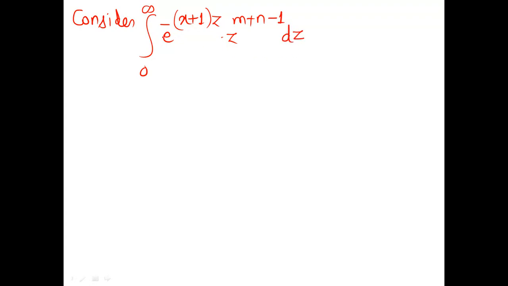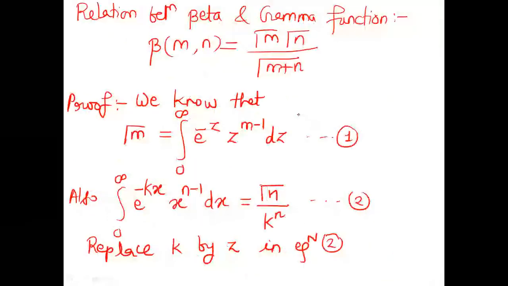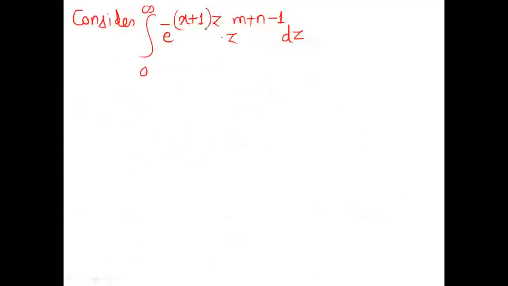Now look at this. Does it satisfy some condition? If you compare this with equation number 2, what is equation 2? Let's see quickly. This is equation number 2. What we find here is that z is the variable in the present expression, and k is nothing but x plus 1. So comparing, I'll write that statement once again.